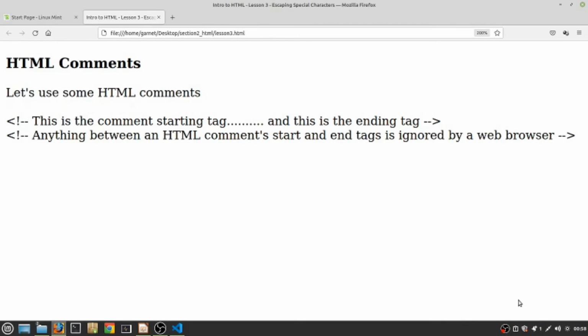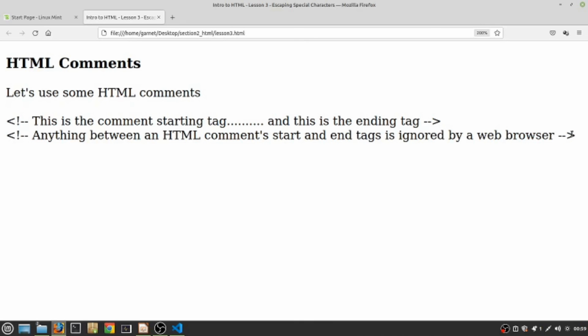Now looking at this second line that we have displayed in our web browser here, if this was written as code in an HTML document, this would not actually be seen in our web browser. So this wraps up our very brief study of HTML comments. So HTML comments is a pretty brief topic. We understand why we use them and we understand how to use them,